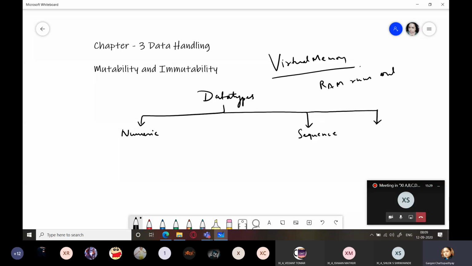When your RAM is overloaded with multiple applications and it runs out of space, your operating system allocates some part of your hard disk, that is your magnetic disk. After RAM, hard disk is the fastest device. So some part of your hard disk will be considered as what? Virtual memory.